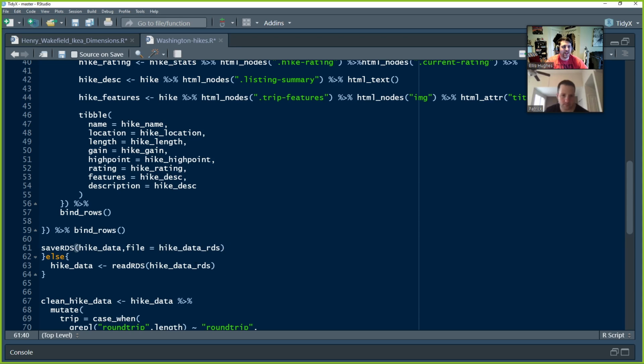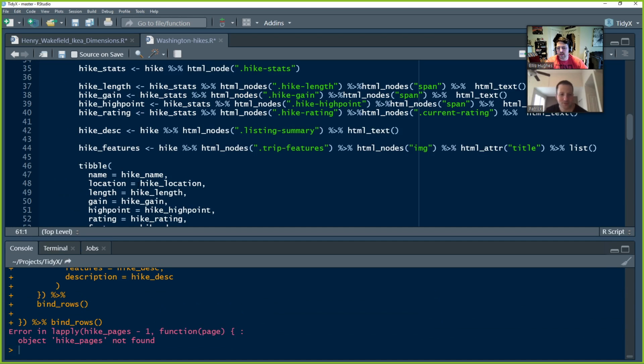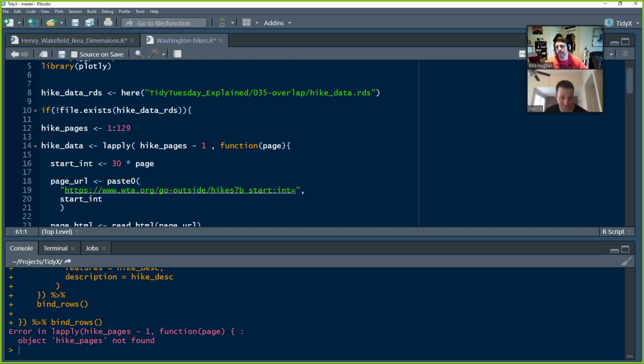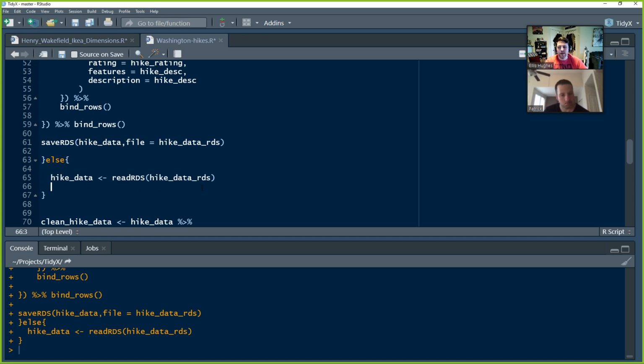Then I just save it as an RDS. But because I've run all this before and it takes like 15 minutes or so, we're not going to go through that. We're just going to run that. I almost ran the loop again. We don't want that. Rather than rerunning everything, I'm reading that saved RDS that I had before,